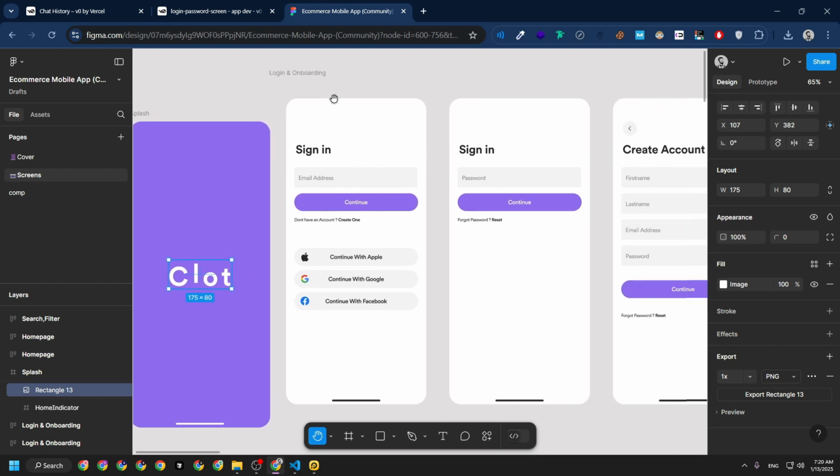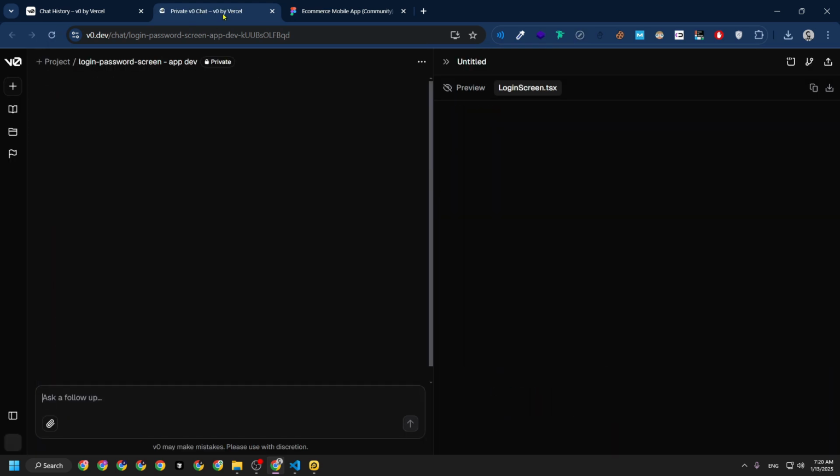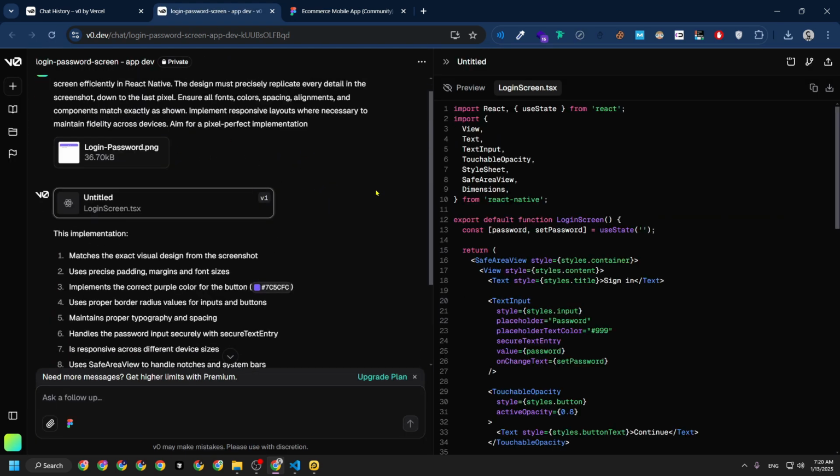Now coming to the login and onboarding screen, I have developed this screen using artificial intelligence by giving a prompt to v0 here. The prompt was given by ChatGPT. Now let me come to here. So this is the thing here. Now if I refresh this login and password screen, and as you can see, if I come to the top here,